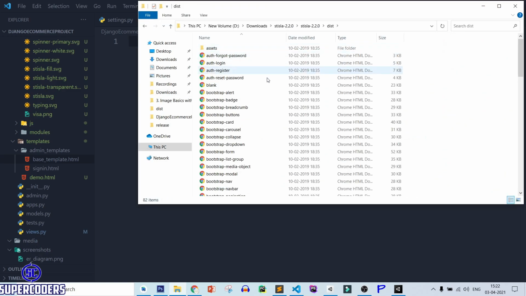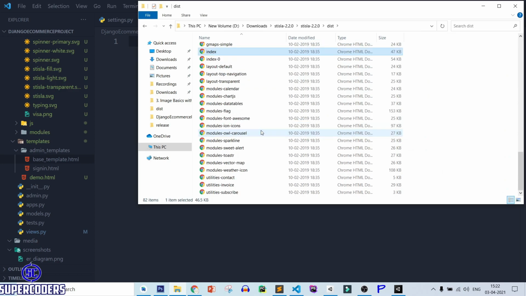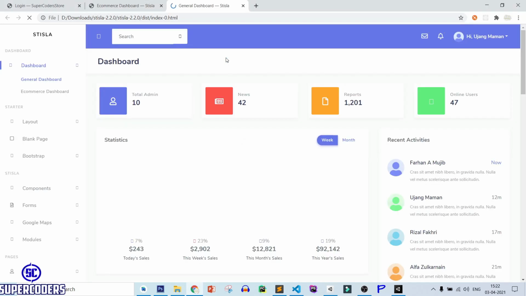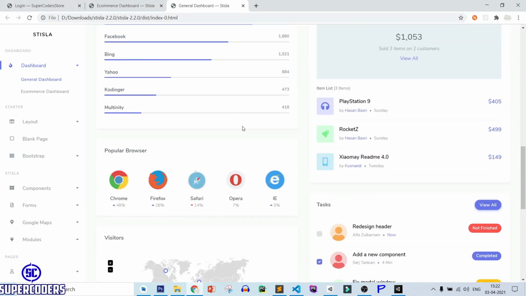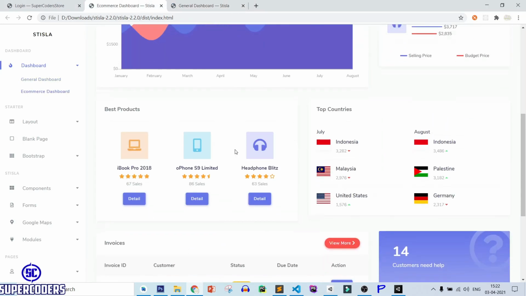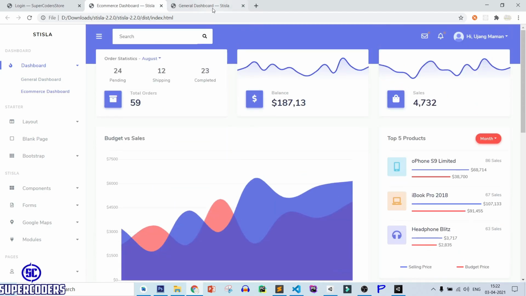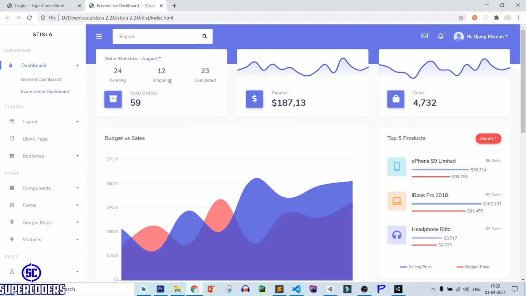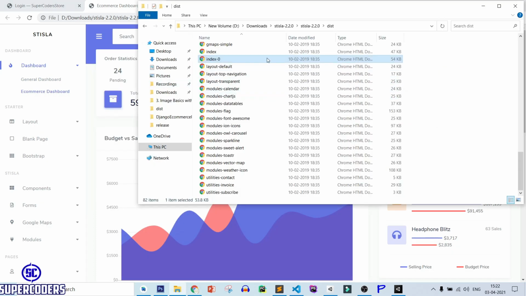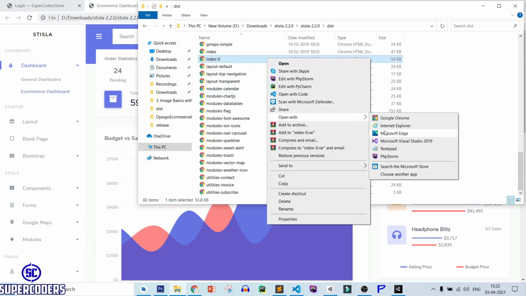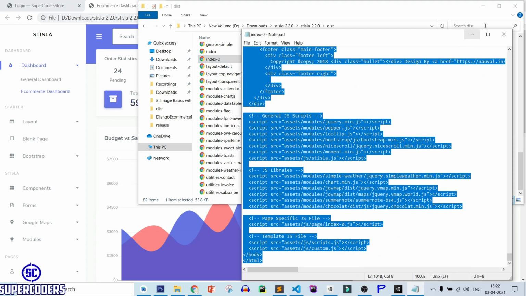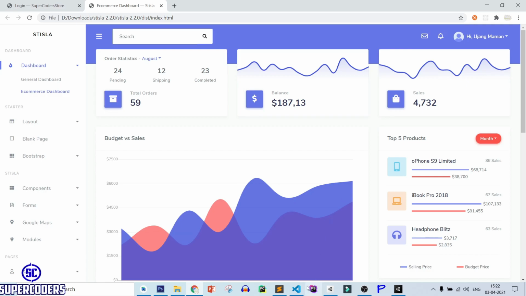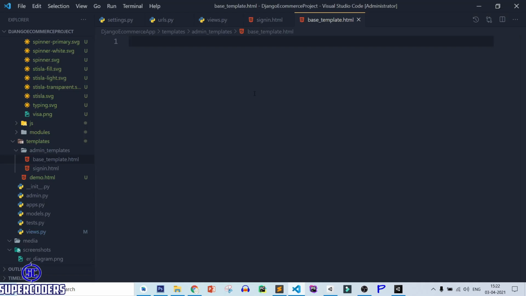Open it, distribution, index page, and also let's check index 0 page. So I think this page is better than this page. So let's copy this page content. Right click, open with notepad, copy the content, close this page, minimize it, back to VS Code, paste your content.